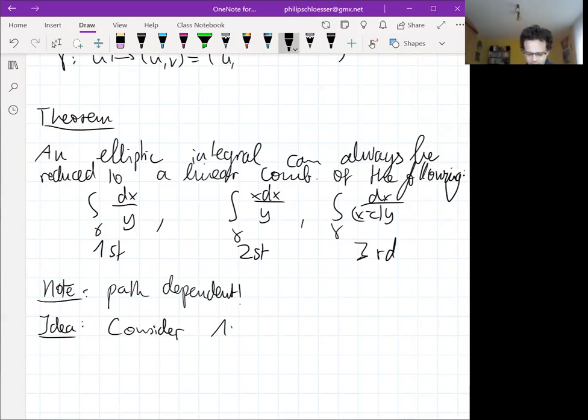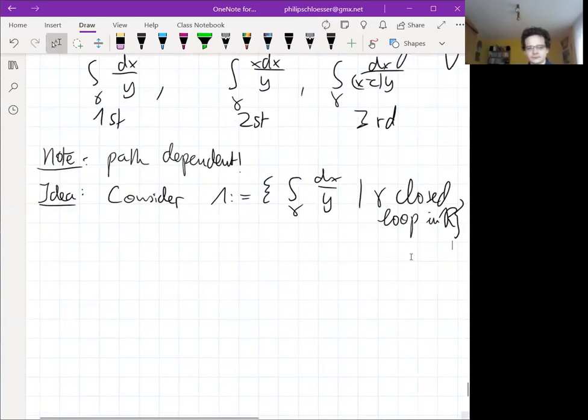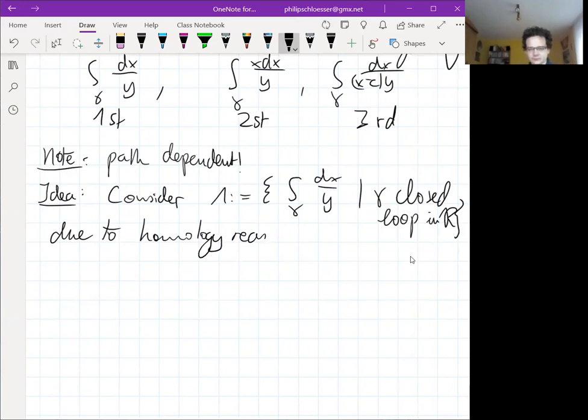We can, again, construct a lattice lambda by just saying, okay, I quotient out by the integrals along closed paths, gamma a closed loop in the Riemann surface. So if you quotient out by that, then, I guess due to homology reasons, this is a lattice,